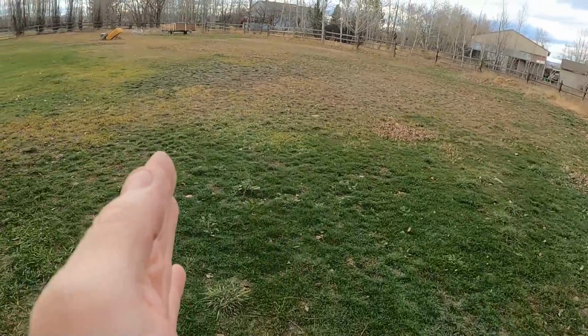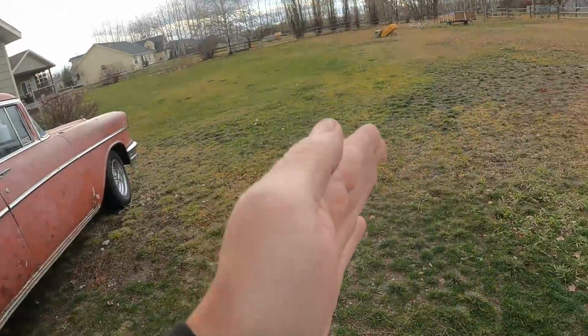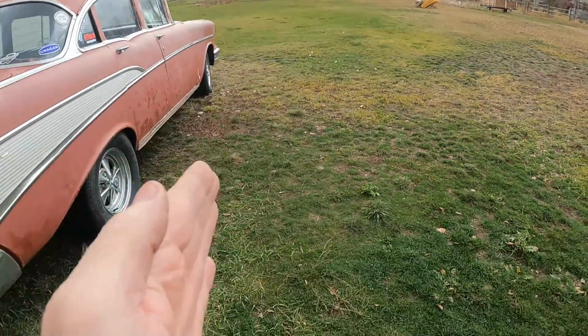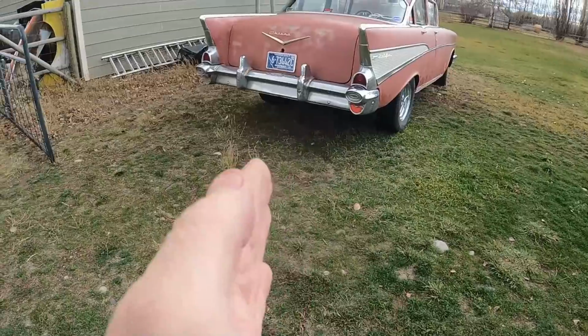This is where it gets good. This is why I couldn't just let it go. I couldn't just throw away this video because I got to tell you about this part. So he pulls up here, and then he backs up like this, comes back to the fence. I'm trying to guide him, and then he pulls forward,